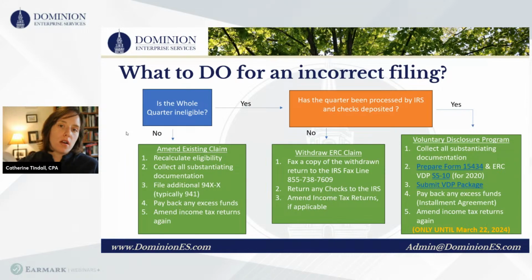We had a government order, but the government order stopped mid-quarter, but this provider filed for the whole quarter. So we do qualify for something, but not the whole thing. So that's the first thing you need to determine: is the whole quarter ineligible? And if the answer is no, you do have some eligibility within the quarter, then you need to go through